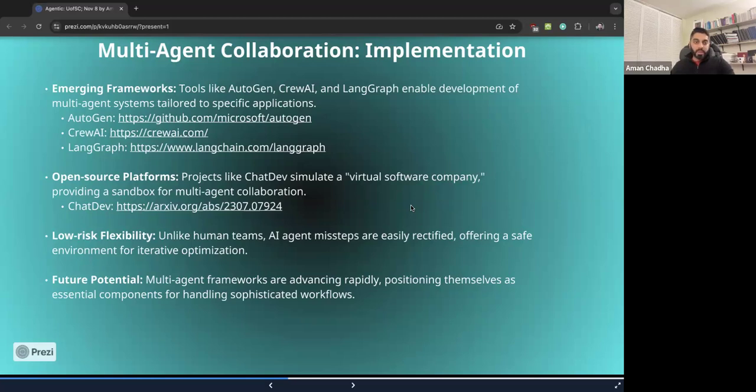Open source platforms. We also have Dev, another popular paper that came out back in May or so this year. The idea behind Dev was that, based on a multi-agent setup, they showed how we could run a virtual software company, right?